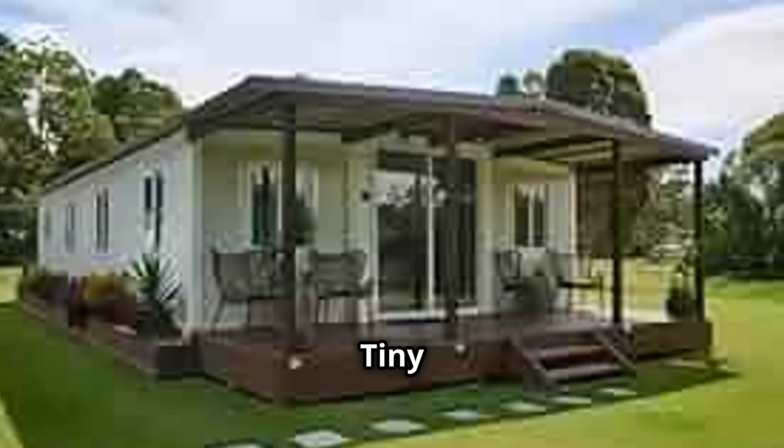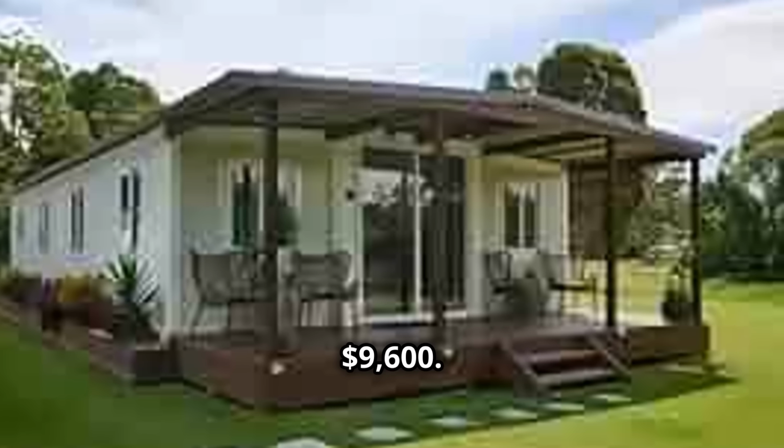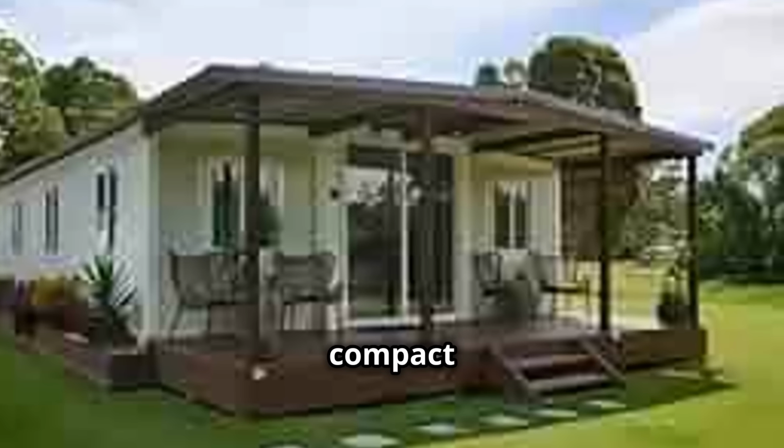Now we're looking at the tiny house to live in for $9,600. This compact yet spacious home is designed to meet the needs of modern families who are looking for an affordable and flexible living solution. This one's got 3 bedrooms, a full bathroom, and a foldable design that makes it a strong family option. Imagine having all the essential amenities of a traditional home, but in a more efficient and cost-effective